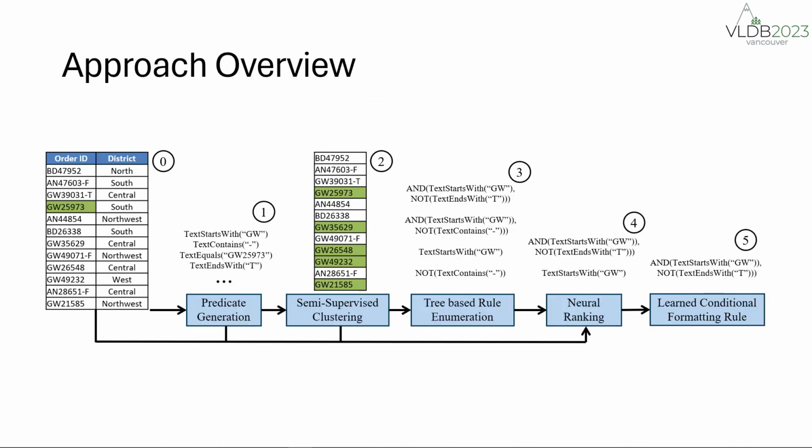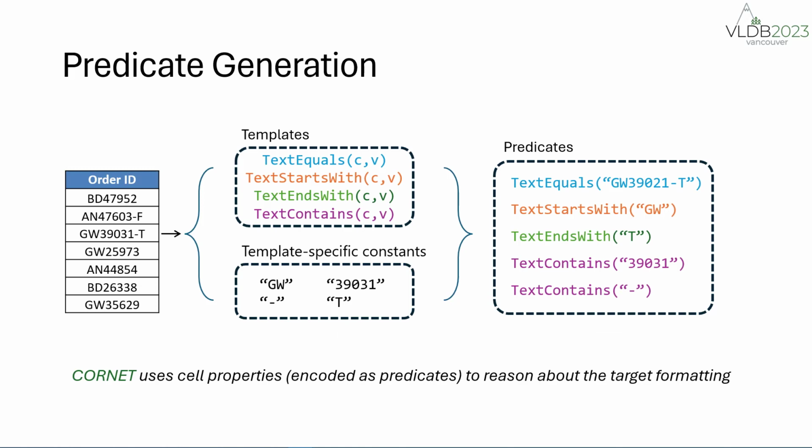We pause here, summarizing the overview of the approach. Next, we dive into each of these components in more detail. Let's start with predicate generation. Cornet uses cell properties, which are encoded as predicates, to reason about the relationship between cells which are formatted and